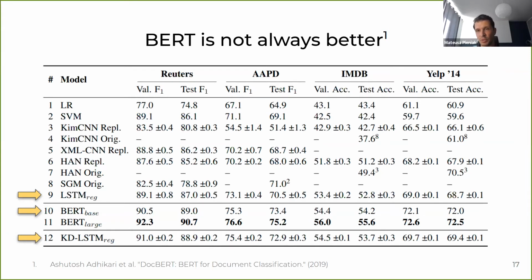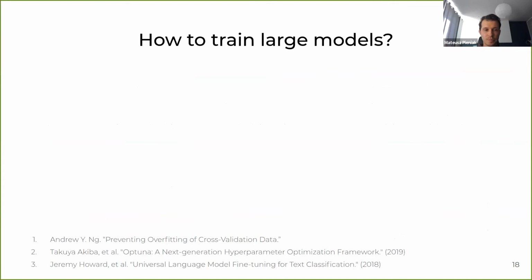So you're just measuring the distance in distribution between them. You don't only have the expert, but you're also using a different model to regularize. So we have two teachers in this process. And when I speak about training large models, as I mentioned, you can train big models